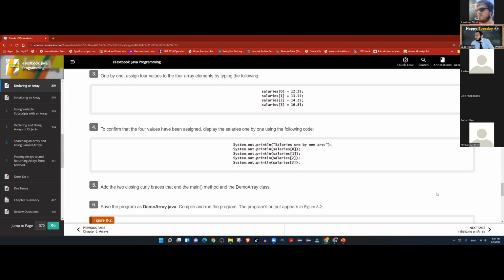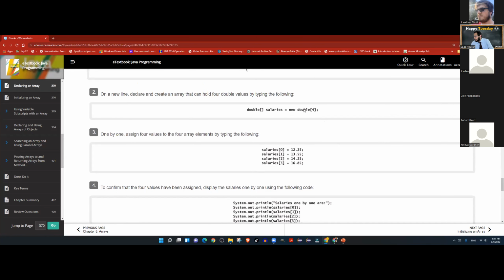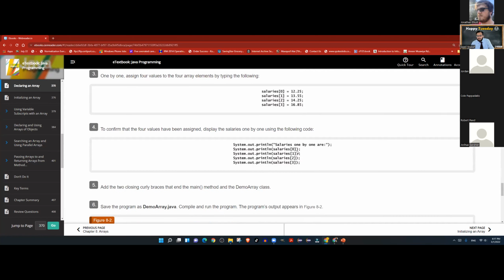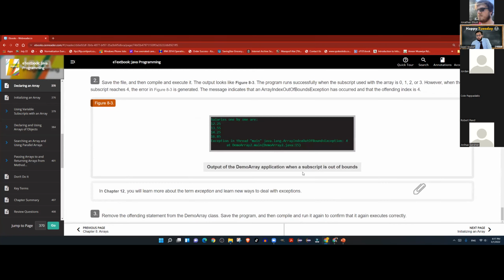So does anybody have any question about this stuff, that you declare an array of certain size, you assign values to it, and then you simply display it back. And this is a linear approach, not the best approach for arrays. So we're going to be looking at better approaches moving forward.